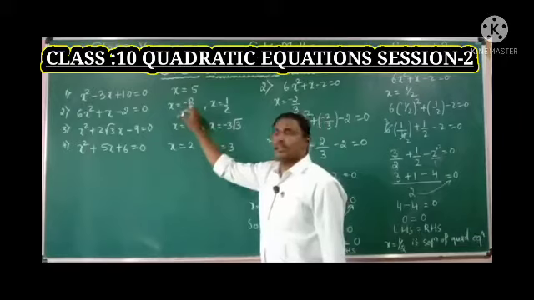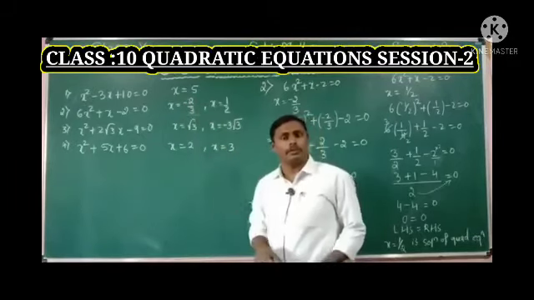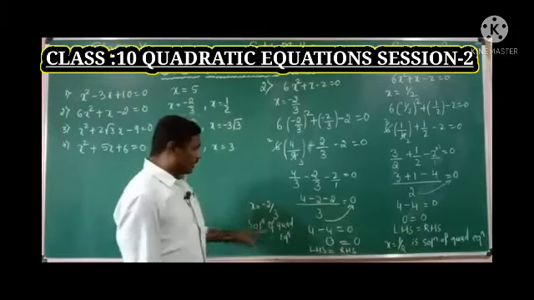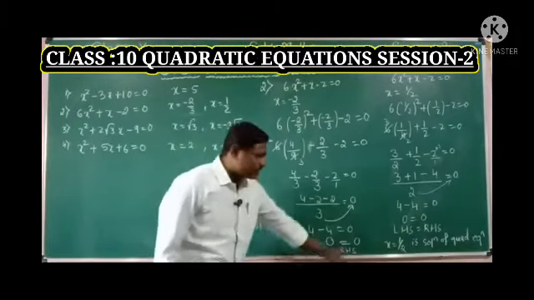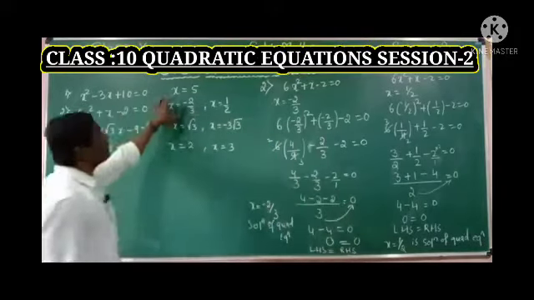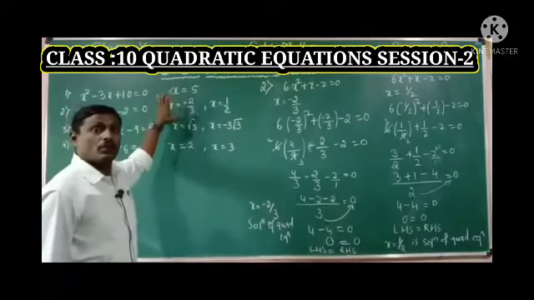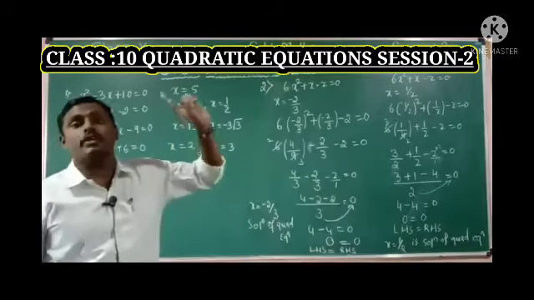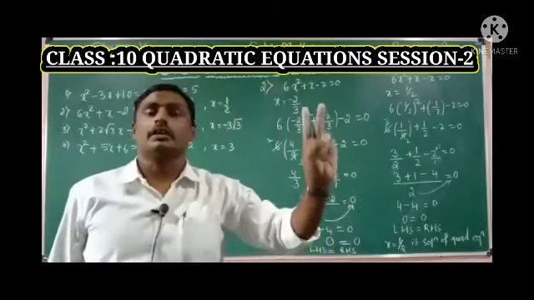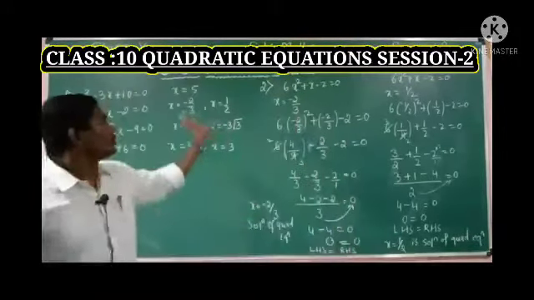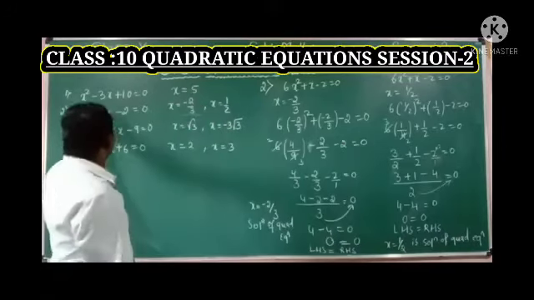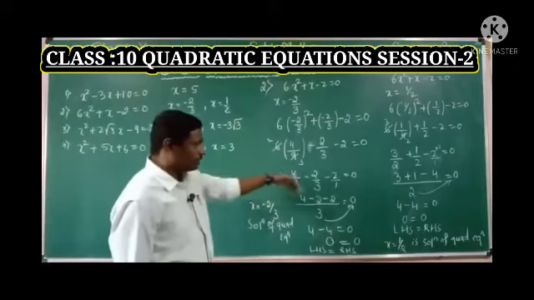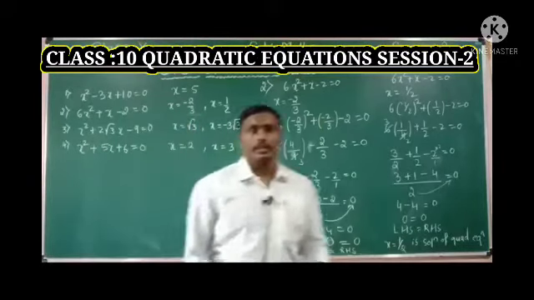They gave two solutions. The first one is minus 2 by 3 and the second one is 1 by 2. The two solutions satisfy the given quadratic equation, in that LHS is equal to RHS. So these two are nothing but roots of the quadratic equation, right? We already know that every quadratic equation has two solutions. Two solutions are nothing but two roots. So these two are the roots of the given quadratic equation. Here we proved that the solutions are the roots of the quadratic equation.